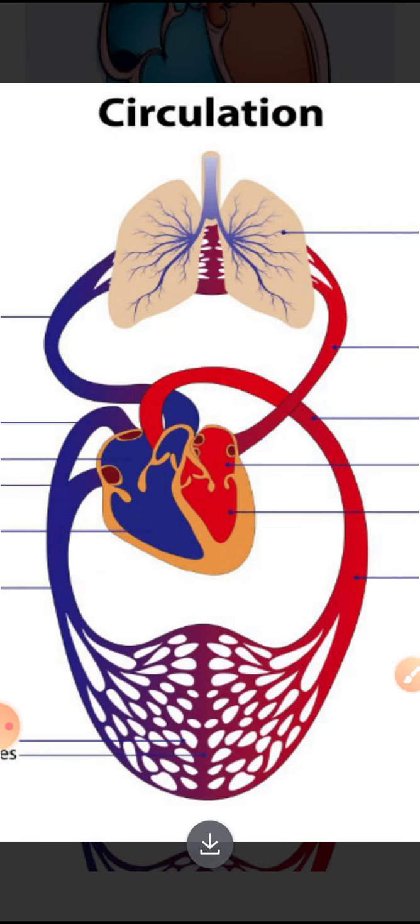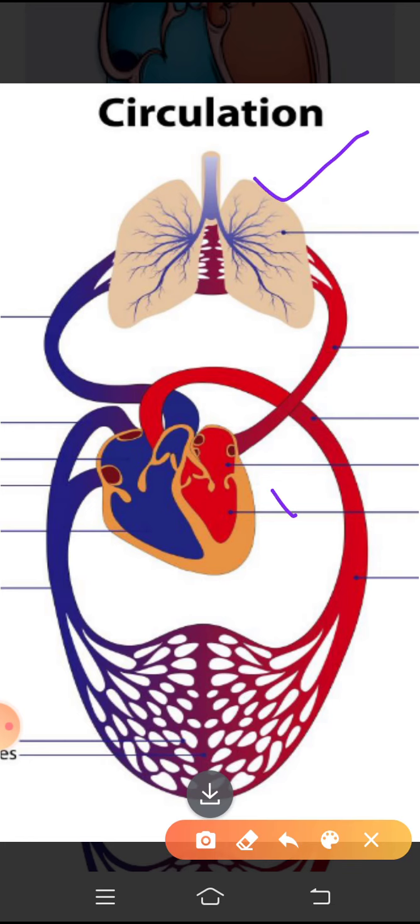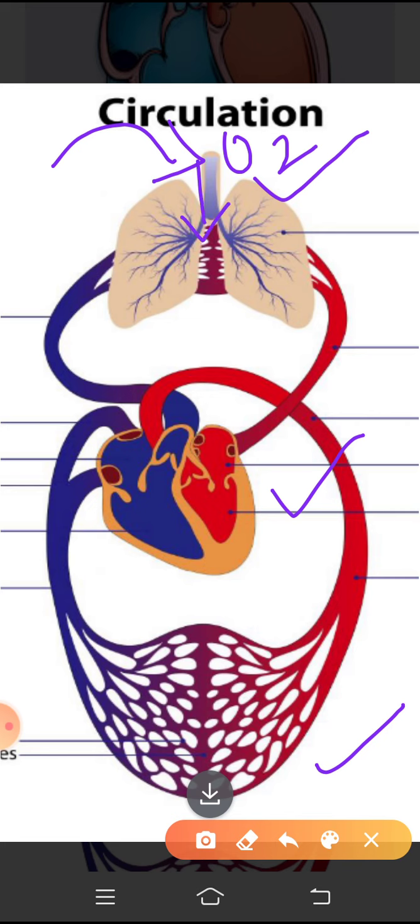Let us suppose these are the lungs of the human and the human heart, and this is the body, which is in contact with the blood vessels from the heart. Suppose the lungs take oxygen in. What happens? It enters the bronchioles and reaches the alveoli. Alveoli is the place where the actual exchange of oxygen takes place. You know this, right? As the lungs take in oxygen, the blood becomes oxygenated there.